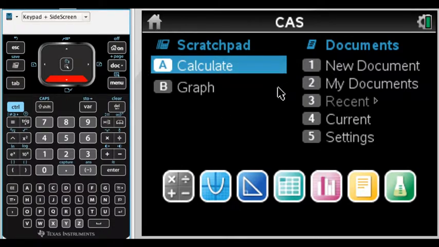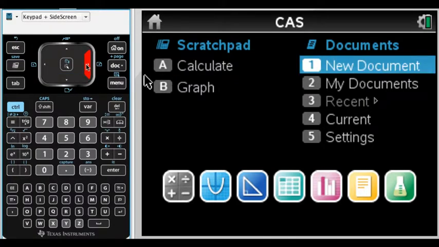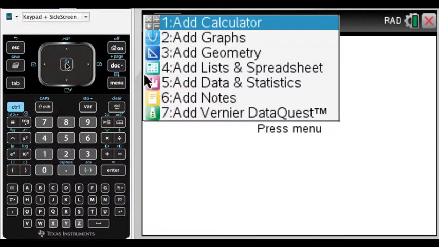Also, the click key, to do a click, you would actually hit the center of the nav pad. If you see the little icon here, there's a click icon and a little hand that's closed icon. This is what you'll use to grab things and manipulate them as well. So let's start by adding a new document. So I'm going to move over to the new document and click in the center of the nav pad to